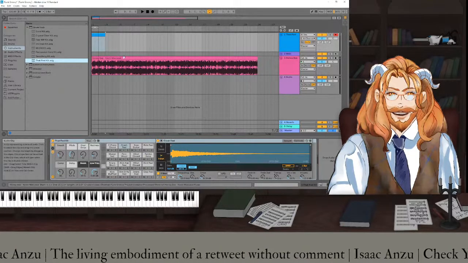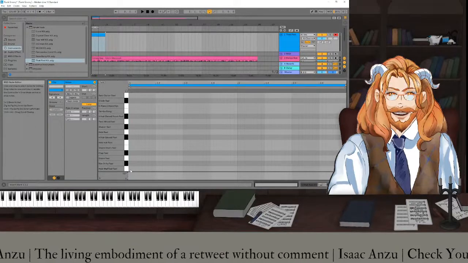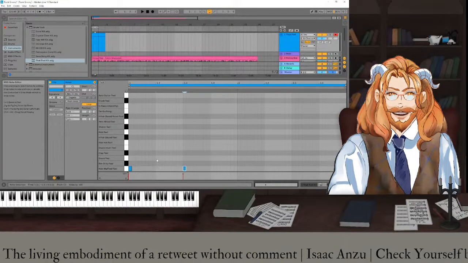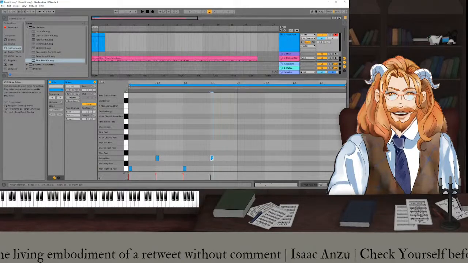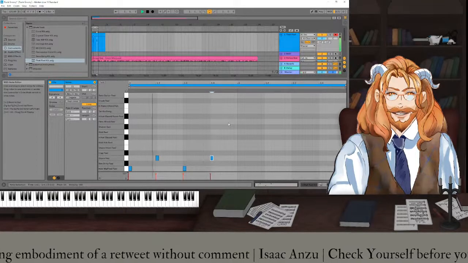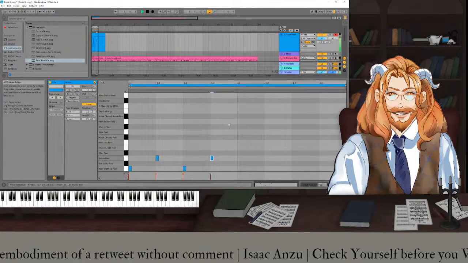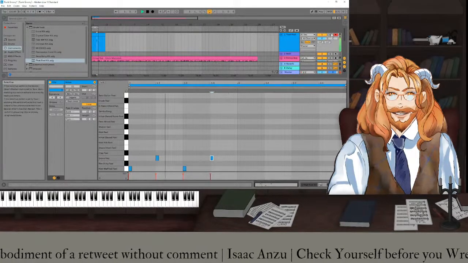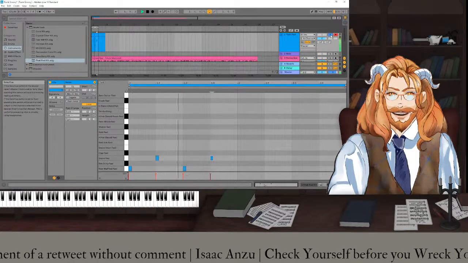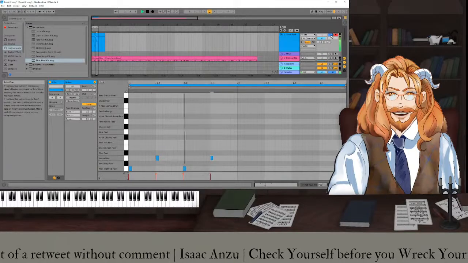But let's give this a try. All right, bass on the 1 and 3, snare on the 2 and 4. Oh man, the tempo works perfectly.